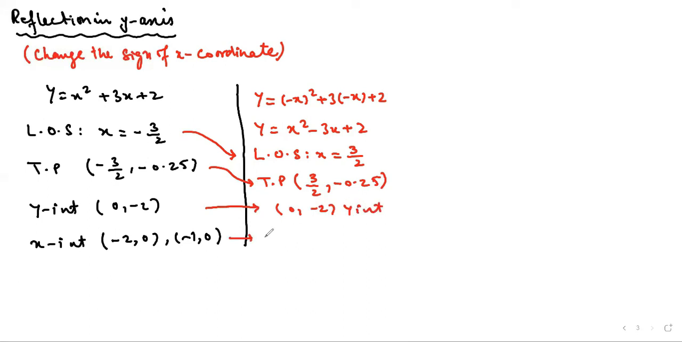And the x-intercepts are now, tell me, what are the x-intercepts? 2, 0 and 1, 0. Yes, these are the x-intercepts. Now we will draw the new curve, which will be a reflection in